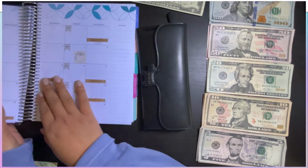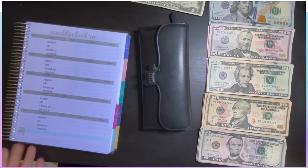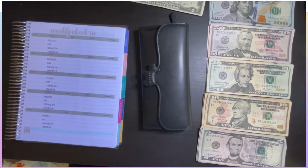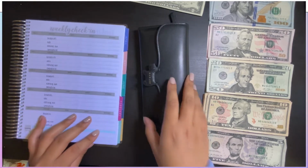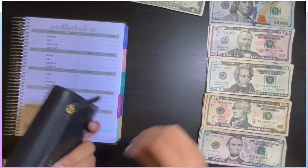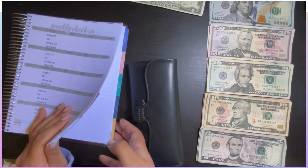We're gonna go to my Erin Condren planner. We're gonna go to my weekly check-in. So this is the end of week 1. I know that this is like January and we're not even in January, but just based off of how the paychecks are, that's how I did that. And I do need to take out,